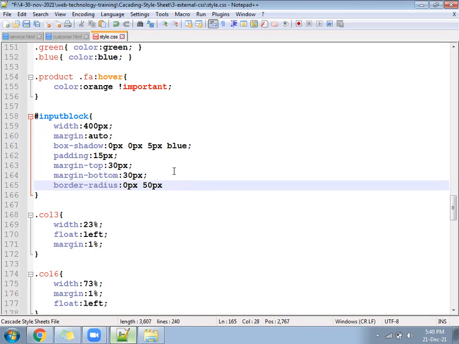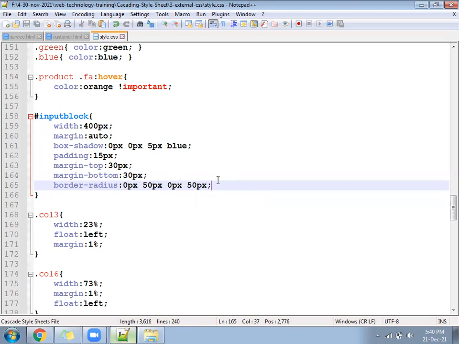Third, it will go to the bottom. Which bottom? Right bottom. That also you give as 0 pixel. Next, where will it go? Bottom left. That you give again how much? 50 px. So what will happen? It will look like this: top left corner and right bottom corner will have 0 pixel radius, and the top right and bottom left will have 50 pixel. And this design will apply not in one place, it will apply in both places.